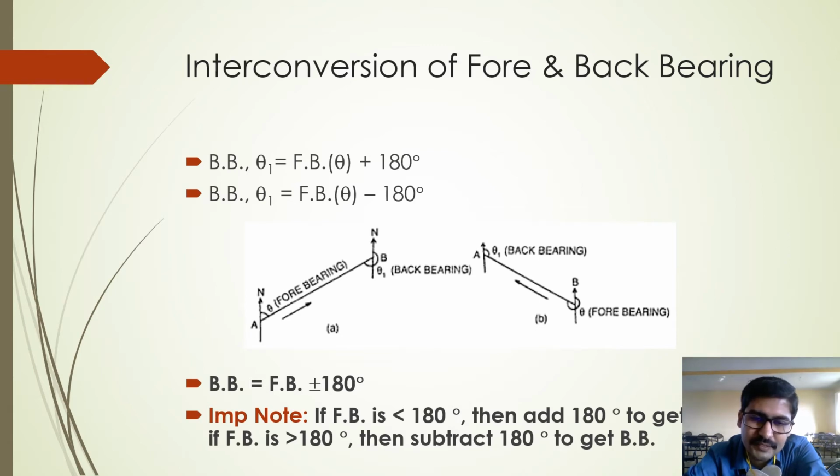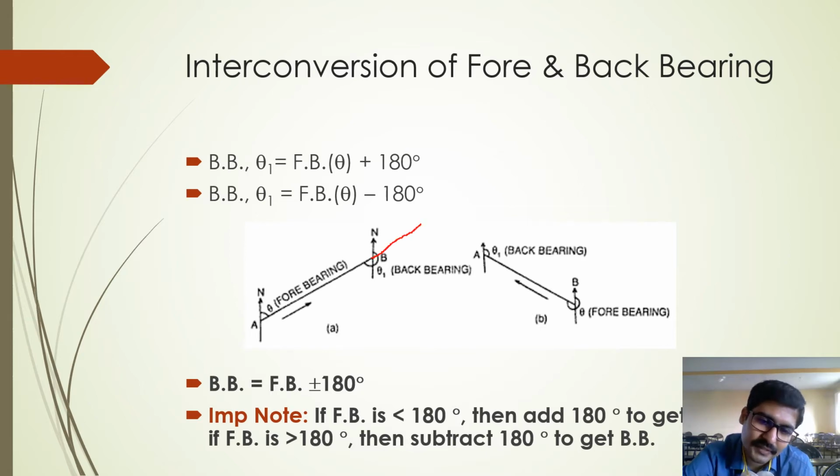So if you extend this line AB forward, then that extended line and the north here will make an angle theta, which is exactly the fore bearing of the line, and the remaining angle will be 180 degrees because it is a straight line, right? I don't know whether you will be able to see whatever marking I am going to do there. Let us see. I am trying to make a line extension in the same diagram. Okay, I hope you are able to see that.